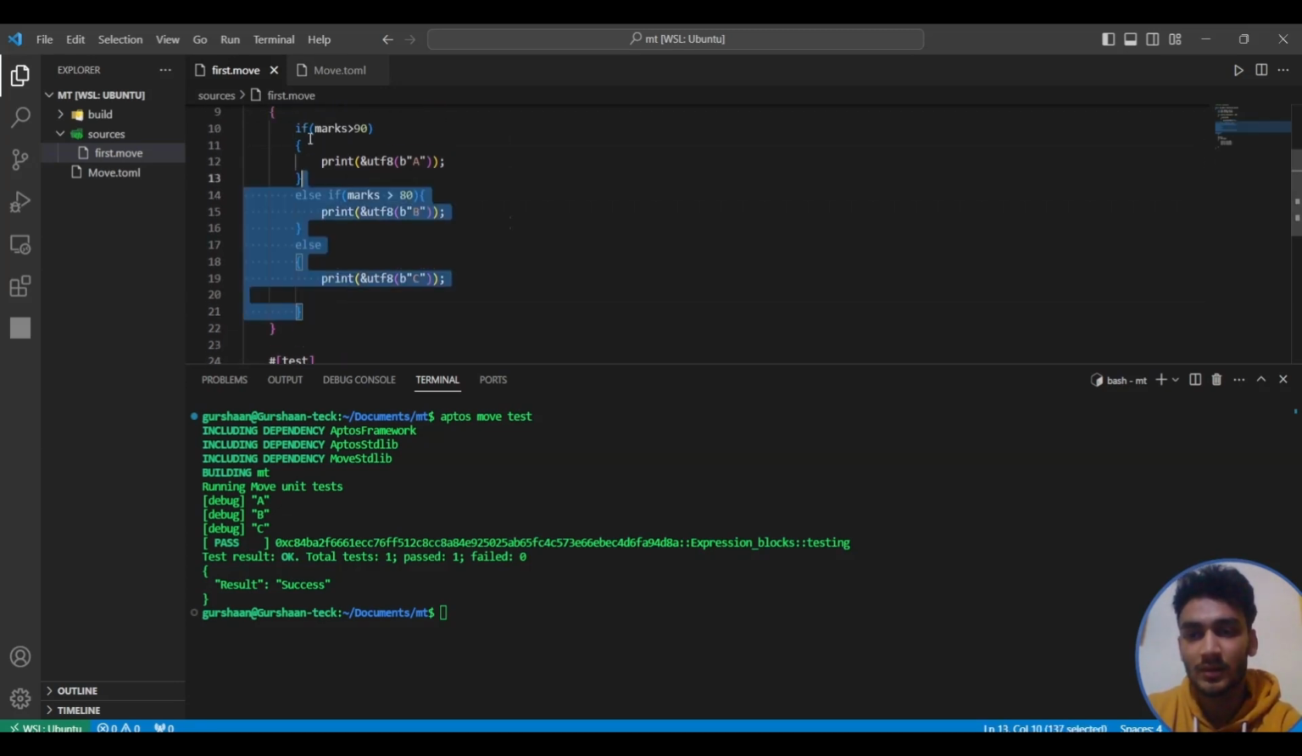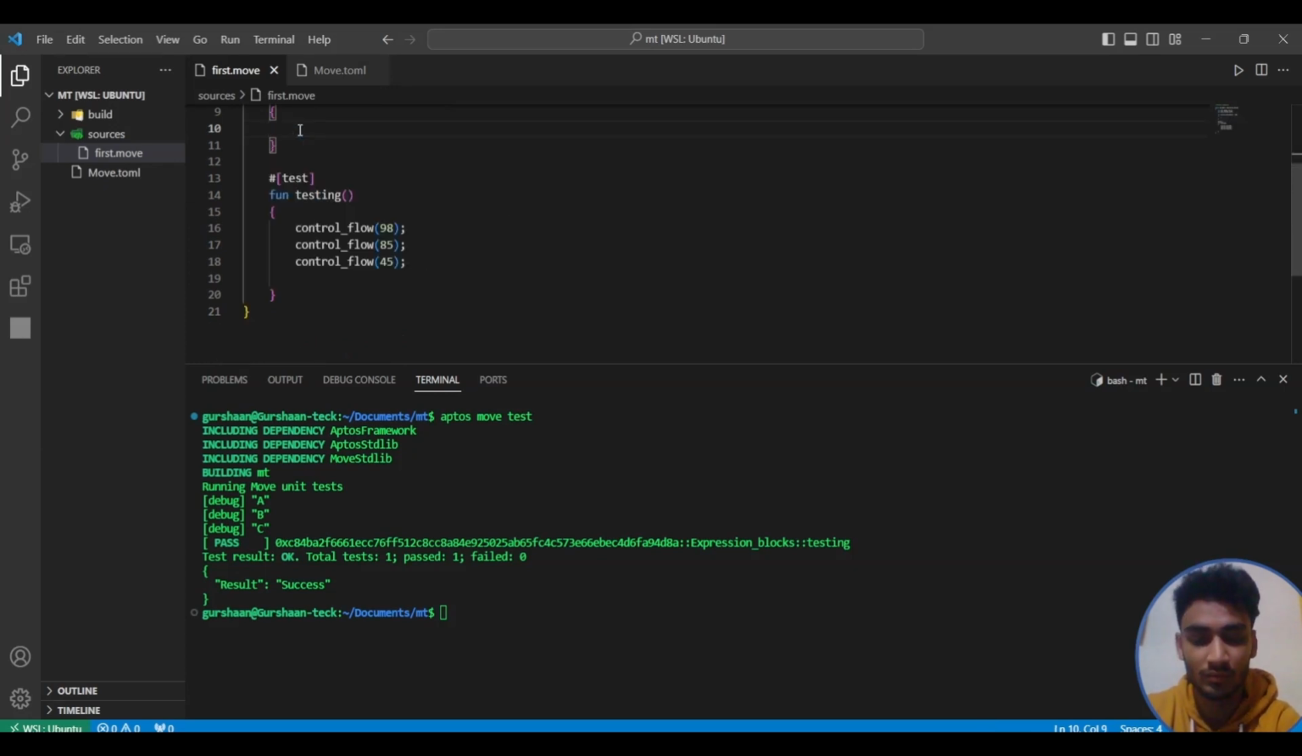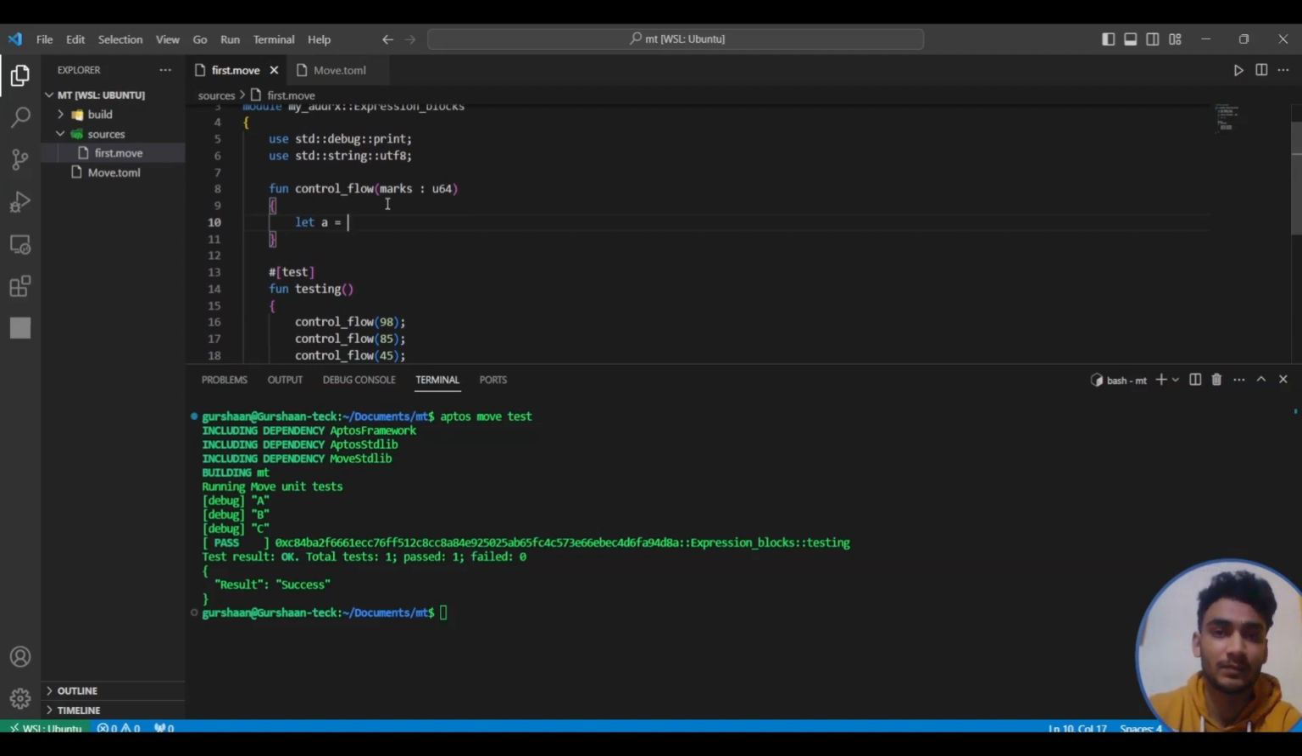Now let's see another thing that I want to share with you: if-else can act as an expression and can return a value, and we can store this value in a variable. Let's see this with an example. Let's say if marks are greater than, let's say, 70, then I want to store this result in A, like this is a bright student. Else,